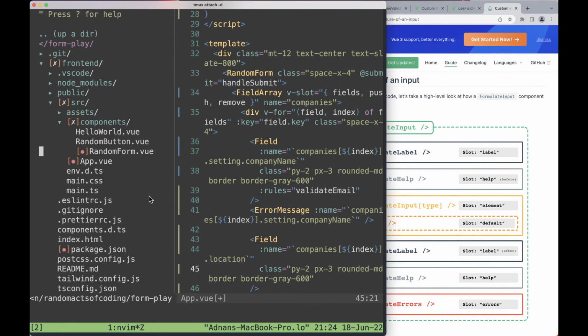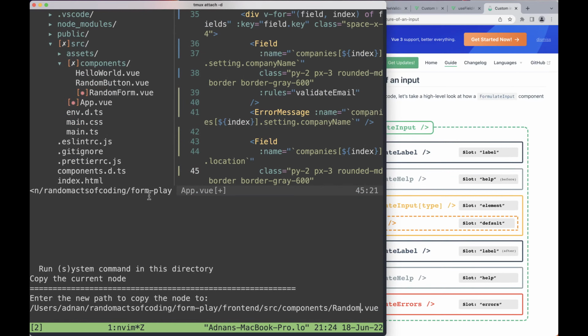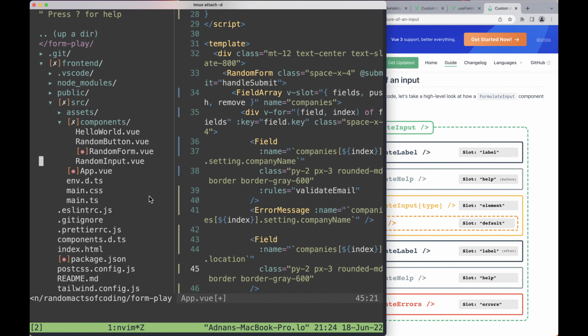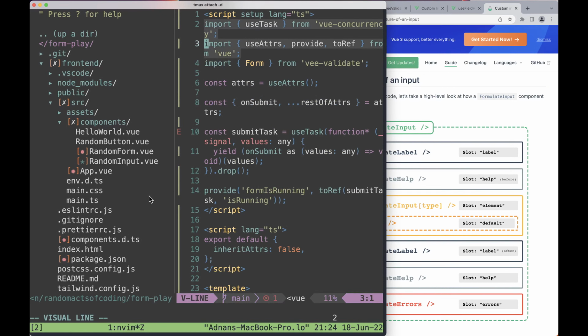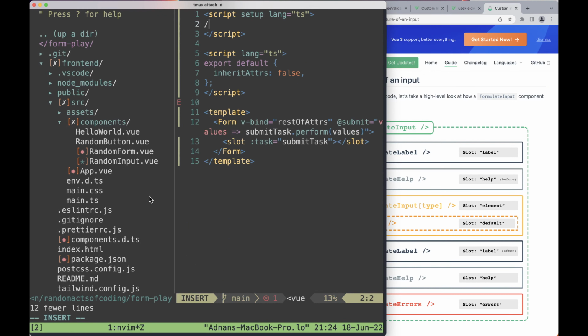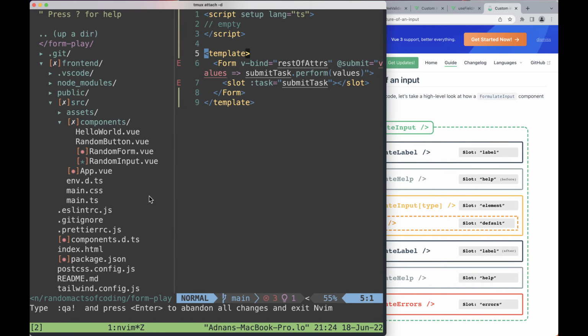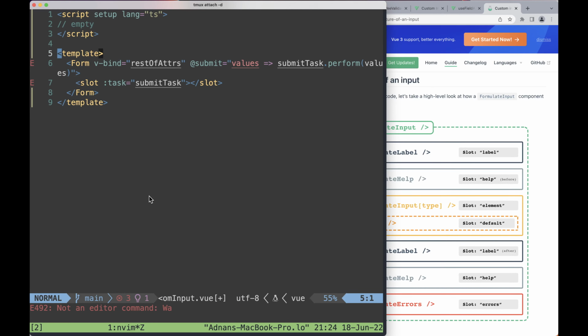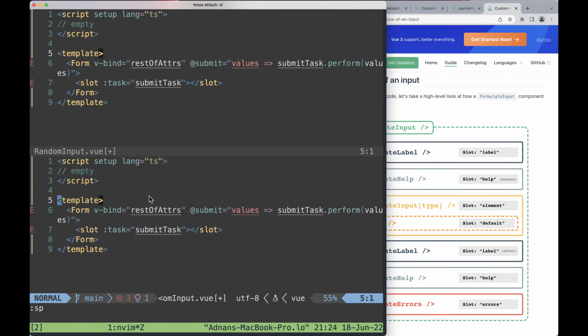What I'll start off by doing is just copying a random form, and I'll make this random input. And this can be our input fields. Just get rid of everything in here. And the reason I'm putting empty in here is so it doesn't do this after the formatting works. I don't think I do want inherit to work here, so we'll leave that as it is. And this here will... I'll see how I want to replace this. And